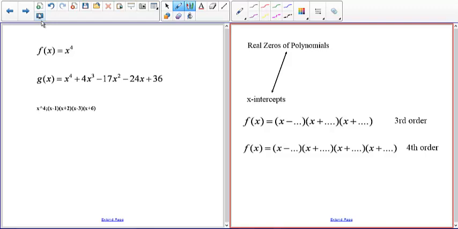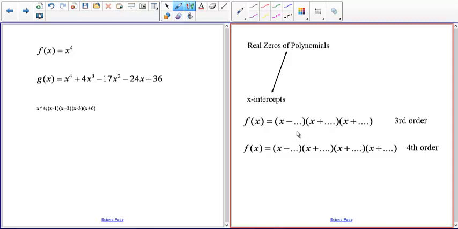Depending upon the order of the polynomial, you're going to have a maximum number of factors. So if you have a third order polynomial, you can end up with 3 real factors. The factors are x plus or minus some number. Once you know the factors, then you can figure the zeros are going to have an opposite sign: if you set x minus something equal to 0, then x is going to be equal to that number. You'll see that later. If you have a fourth order polynomial, you can have as many as 4 x-intercepts or